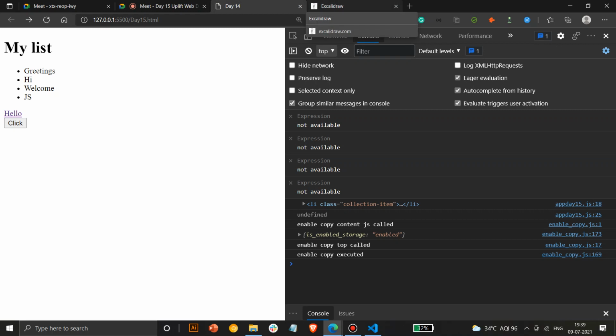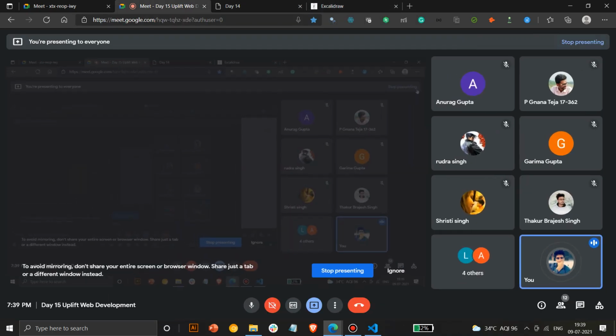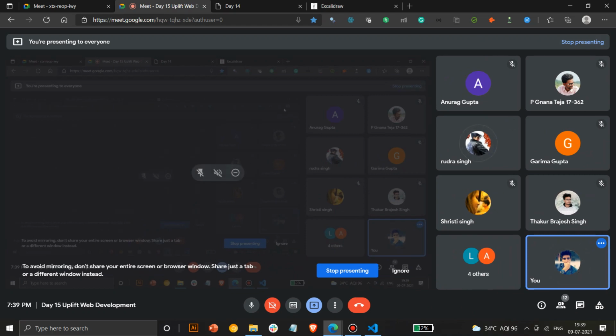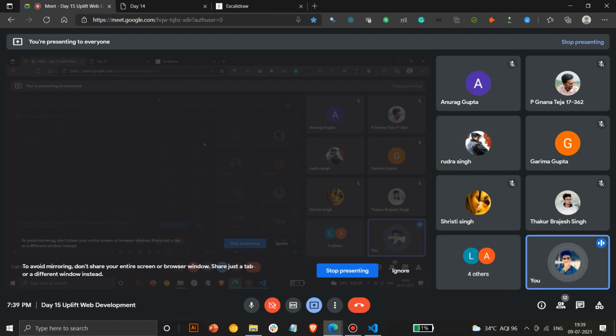Who loves static sites? Anyone who loves static sites, let me know. I'll break your notion. Does anybody understand what a static website and a dynamic website are?